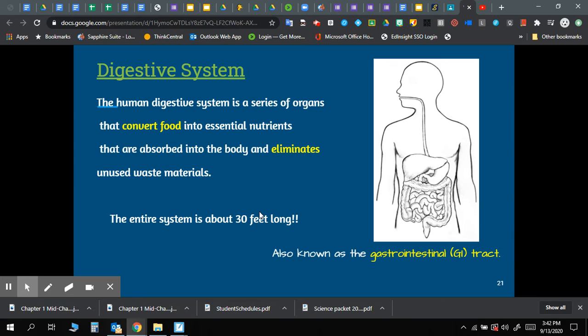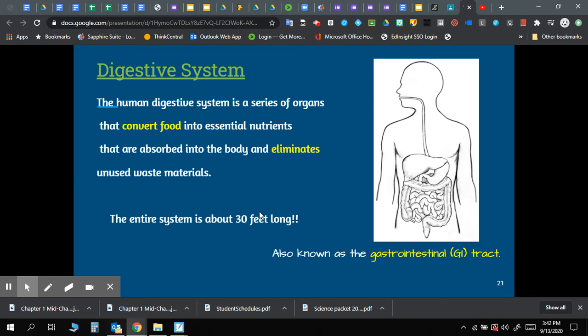You see where we have salivary glands in your mouth. So as soon as you start eating, digestion starts right there in your mouth. It goes down through your esophagus, and you can see some of the other organs there: the liver, the gallbladder, the stomach, pancreas, the small intestine, and the large intestine. Okay?